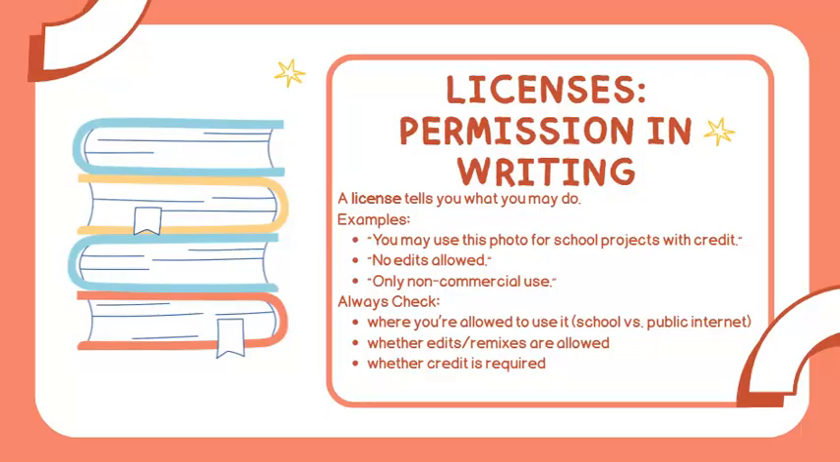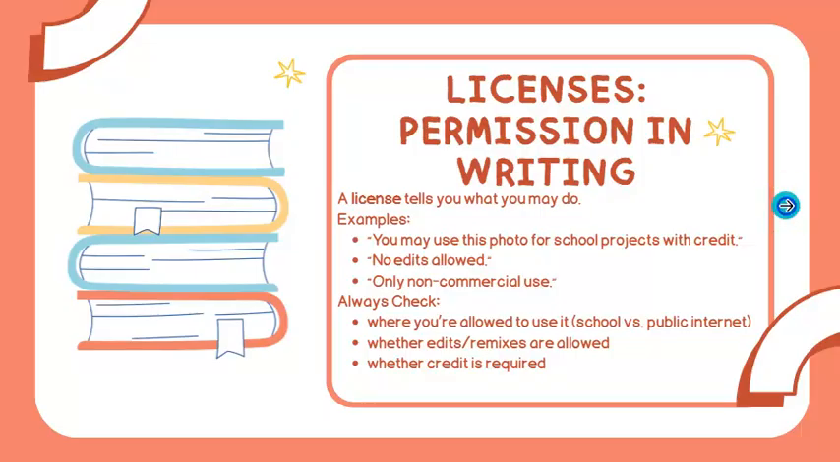Licenses. So this is permission in writing. A license tells you that you can do something. So examples would be, you may use this for a school project with credit, or no edits are allowed with this, or this is only for non-commercial use. So always check where you're allowed to use it, whether that's school or public usage, whether edits are allowed, and